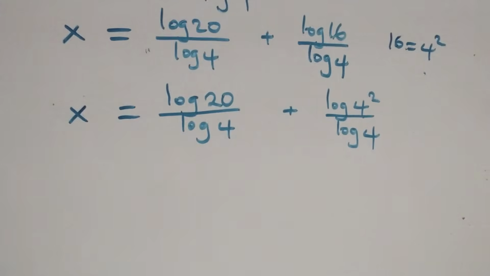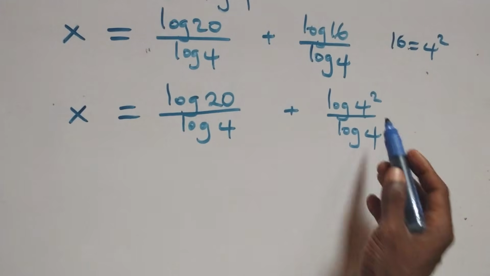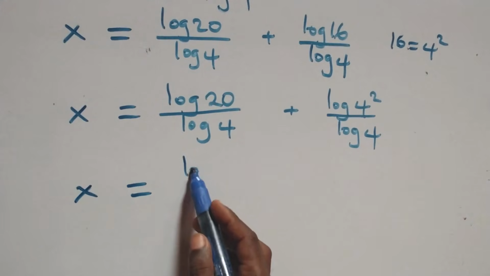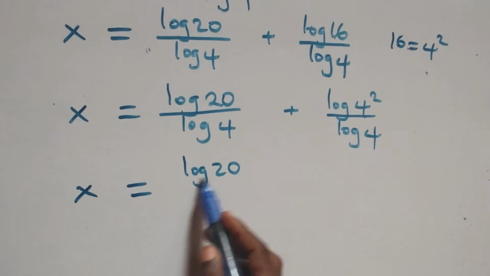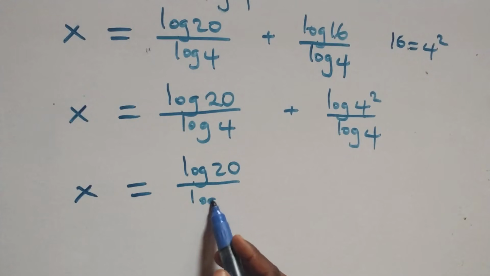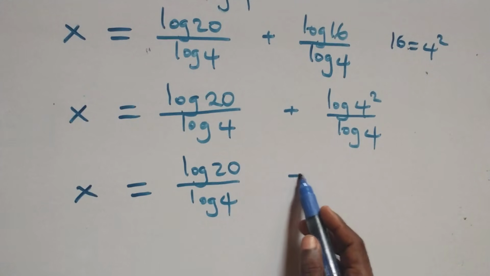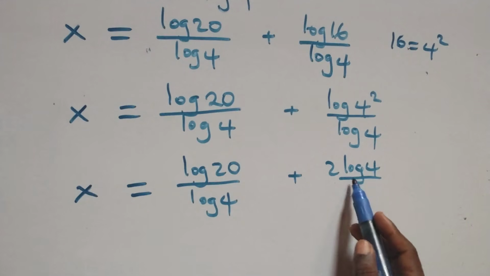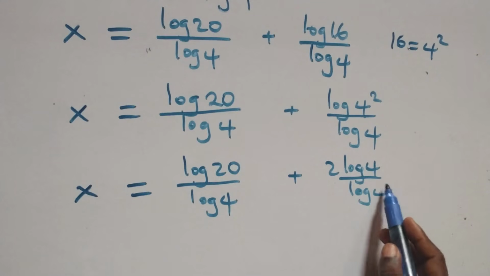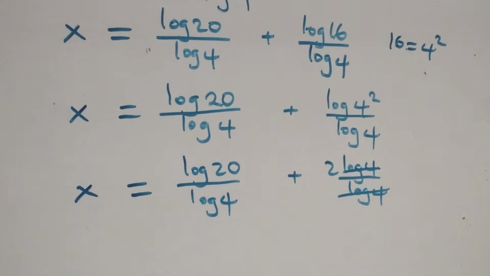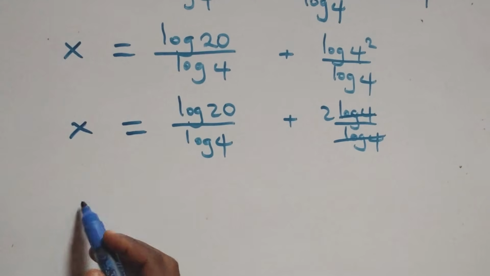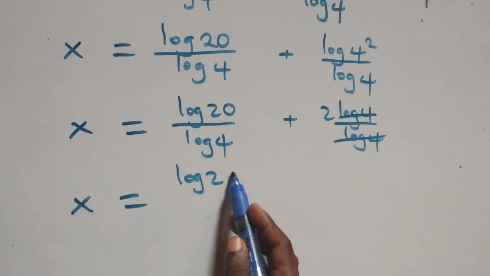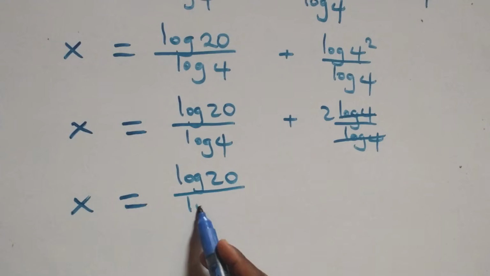Here we apply the power law of logarithm. 2 comes there, we have x equals log 20 over log 4 plus 2 log 4 over log 4, which implies log 4 cancel each other here. This becomes x equals log 20 over log 4